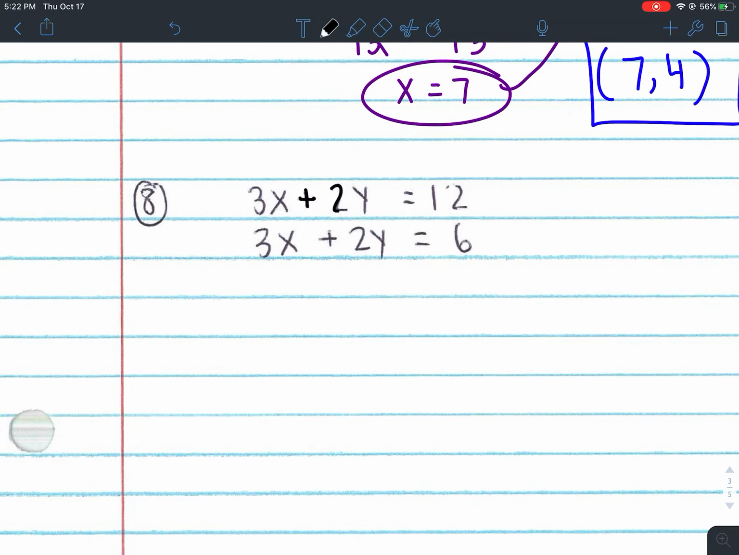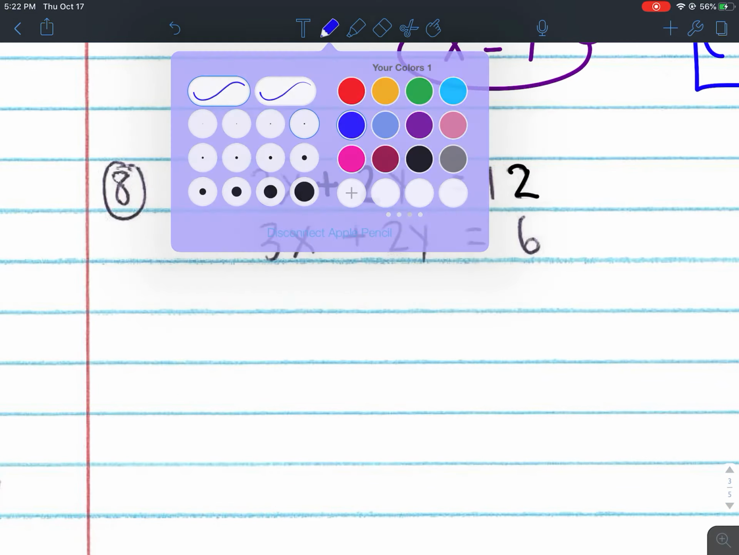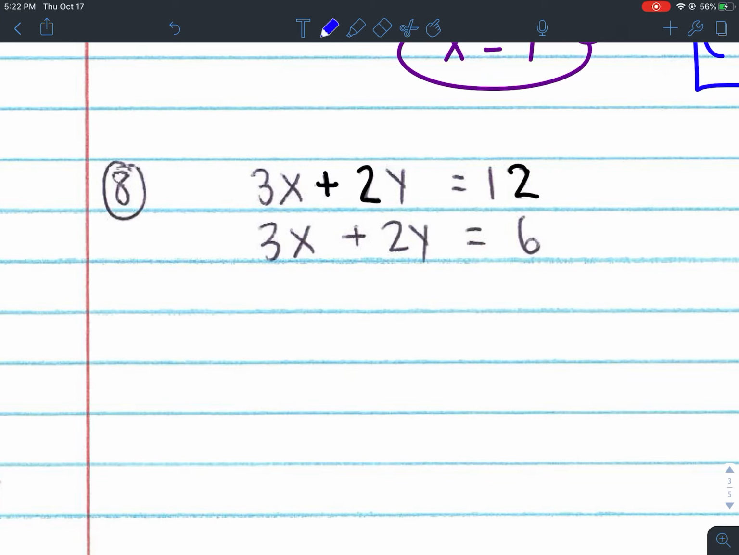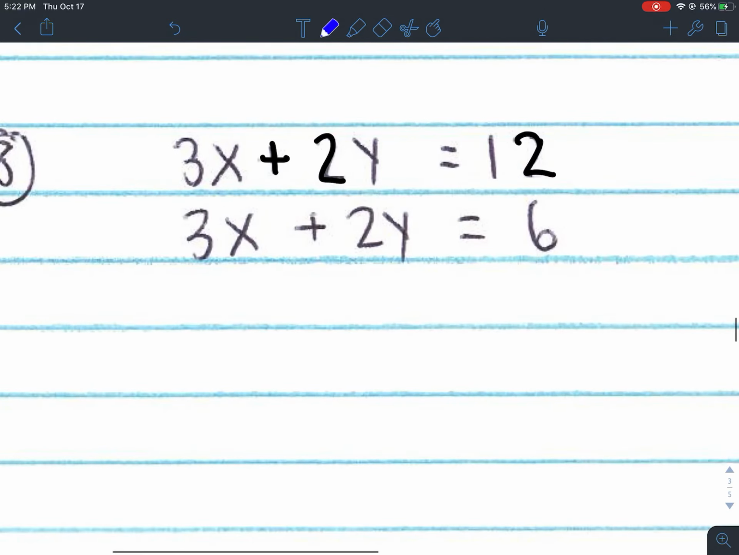Okay, and then number 8, some writing is off, but this is 3x plus 2y equals 12. And then 3x plus 2y equals 6. So here we got in some luck because our numbers are actually the same, just our signs are not the same. So you can either choose to eliminate the x's or you can eliminate the y's. I'm going to go ahead and choose to multiply the second equation by -1 because I'm going to eliminate the x's. So I have positive 3x in the first equation, so I want negative 3x, so I'm going to multiply